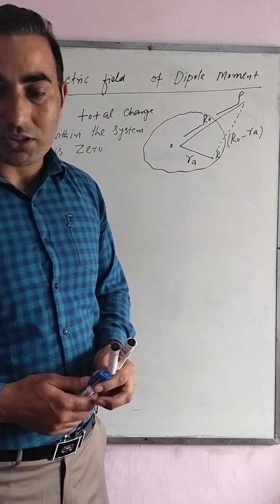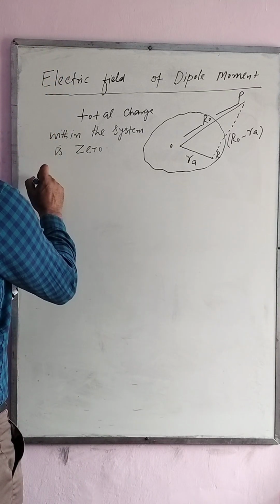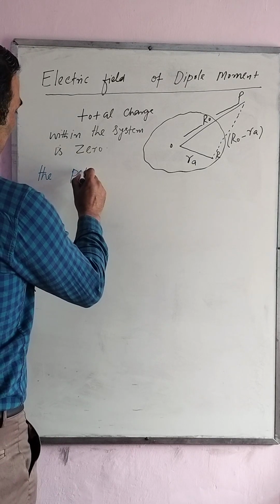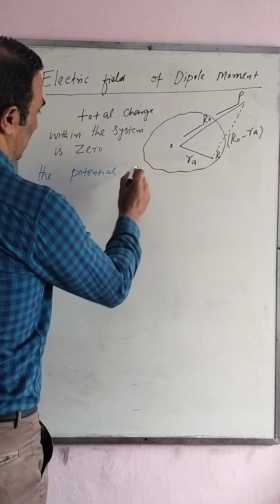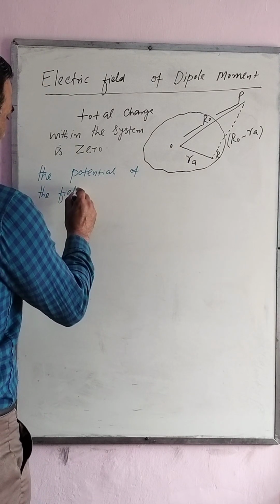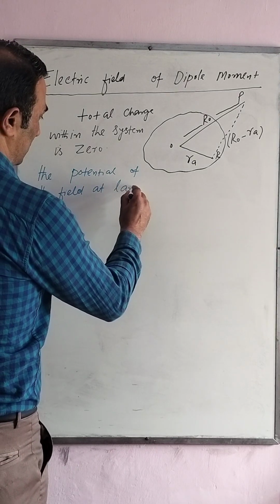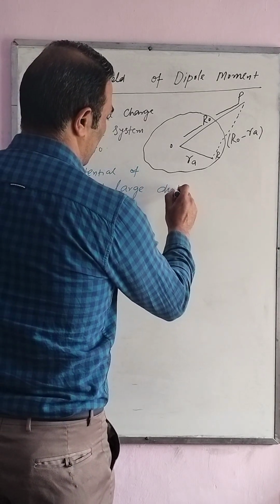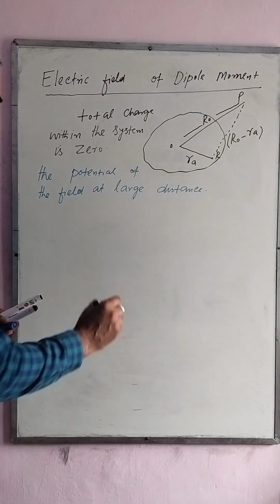So we know that the potential of the field at large distance will be, so that we can write as,